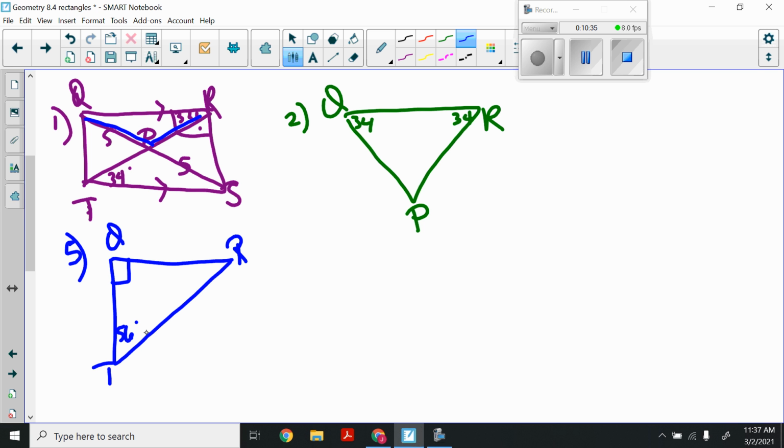So I know that this is 56. I know that R to T, that's a diagonal, that's a 10. We want to find QR, so this is what I'm looking for. I can use SOHCAHTOA. So I can stand down here at this angle. I can say that the sine of 56 is equal to x over 10. So then when I cross multiply,